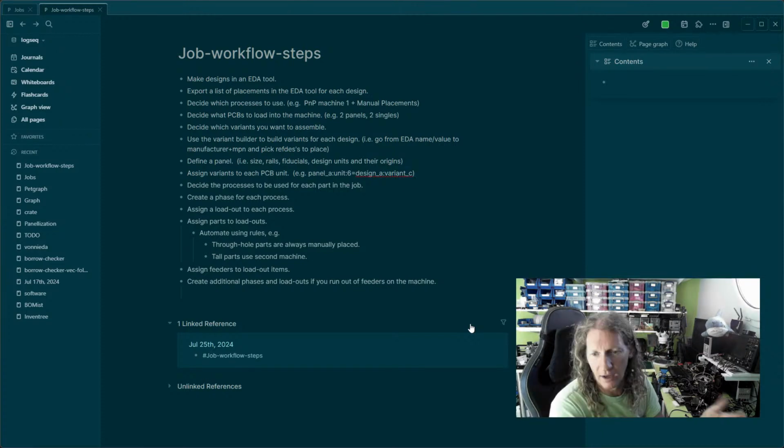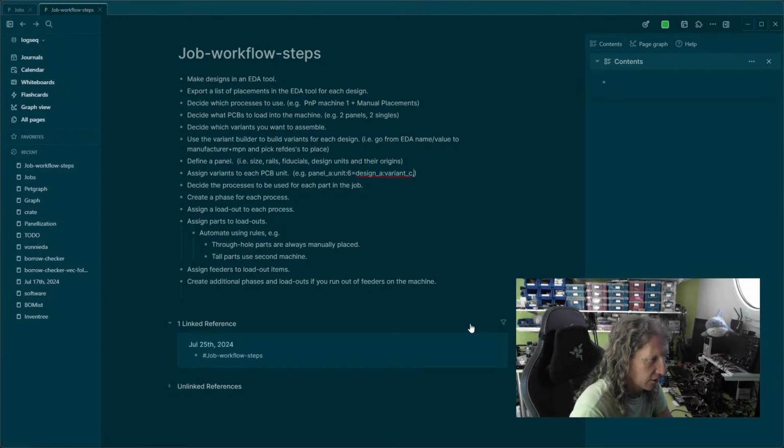Right, so you do that for each, and you do the same for the other ones, but there might be more than one panel on the machine or on your desk, right? So if you said panel A instance 1, unit 6 is this, and then you go